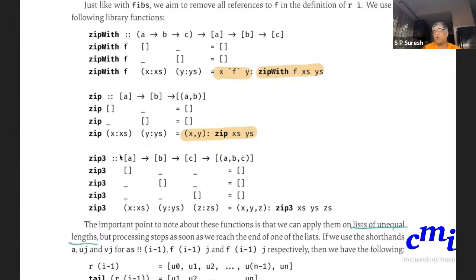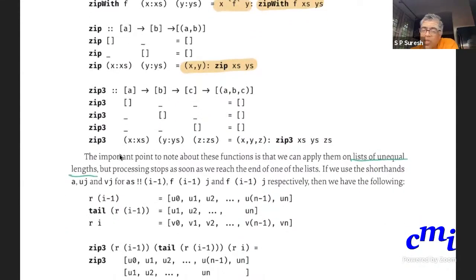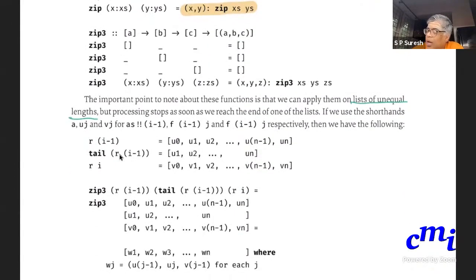But what will happen? The processing stops as soon as you reach the end of one of the lists. So this is the crucial point. Now, based on that observation, I have laid out these lists in such a manner that you see where each element ends. Remember Ri minus 1.